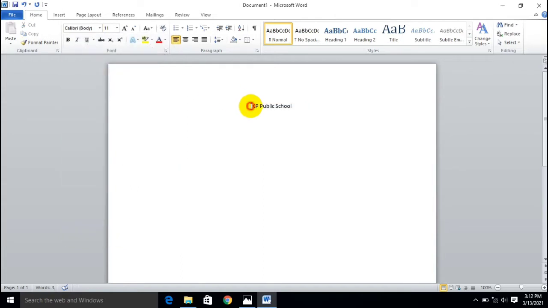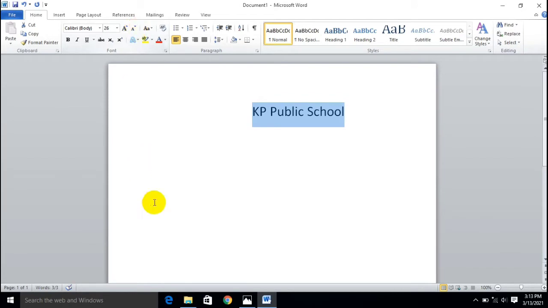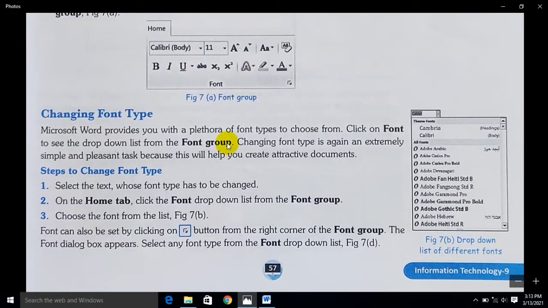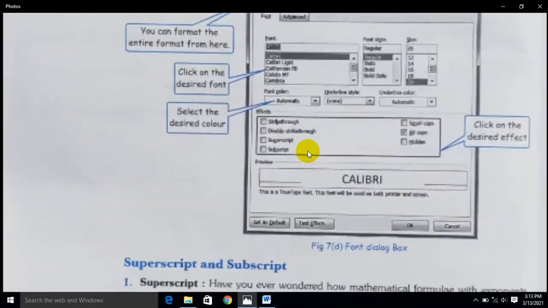If you want to increase the size of your fonts, you can choose exactly how much font size you want, or increase instantly; increase and decrease options are there. So we have just learned how we can change the font style and how we can increase and decrease the font size.